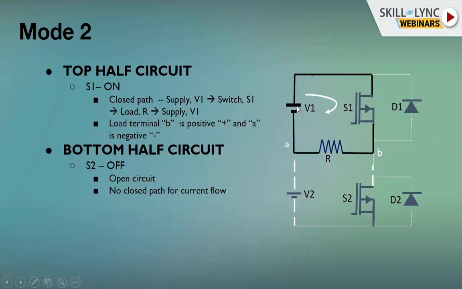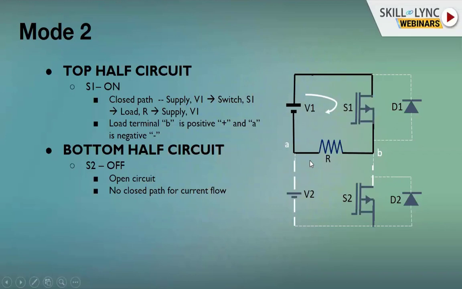But you could see over here, the positive terminal of this voltage source is connected through the switch to point B. Previously, we had A to be positive. Now B is positive. So what does that mean? It is reverse of the previous condition. So the load sees a negative voltage. You could see that A is connected to the negative terminal, whereas B is just connected to the positive terminal. Switch, when it is conducting, is just going to be a connection. So B is directly connected to the positive terminal, A is connected to the negative terminal. So the voltage which is seen across the load for mode 2 is negative.